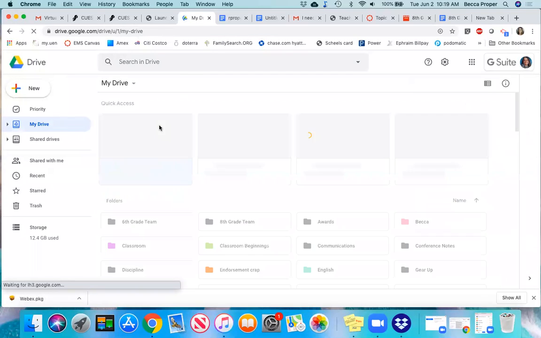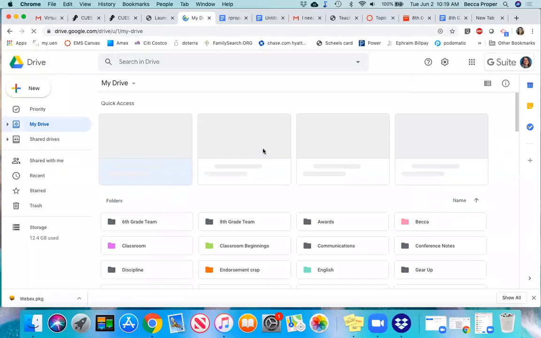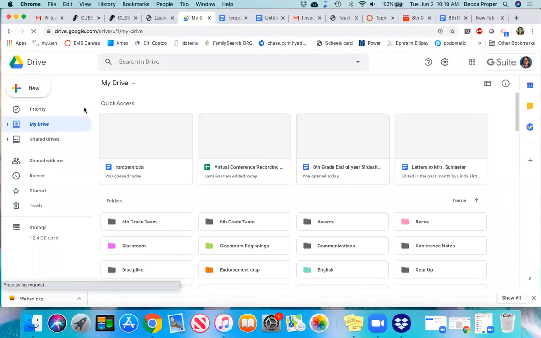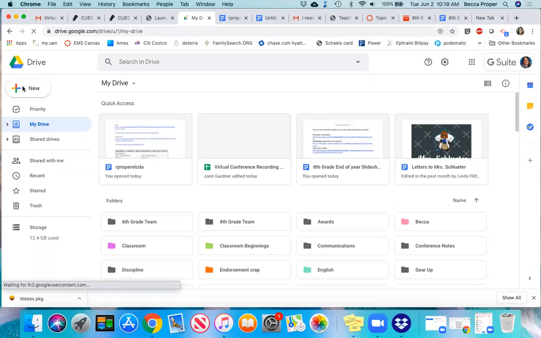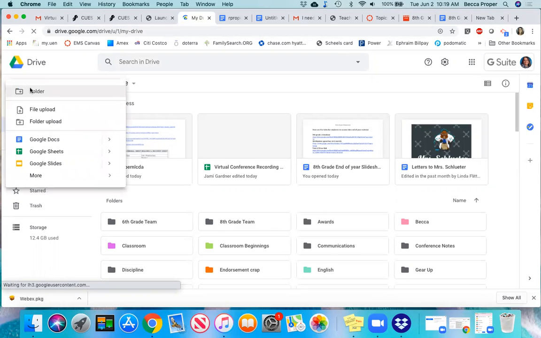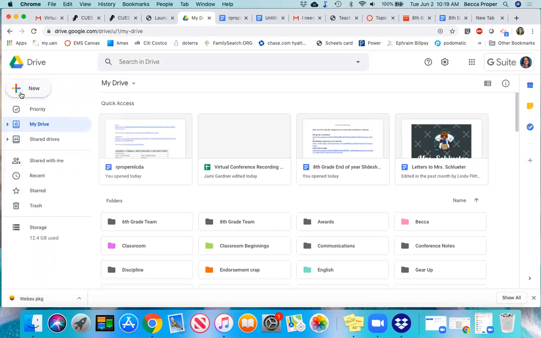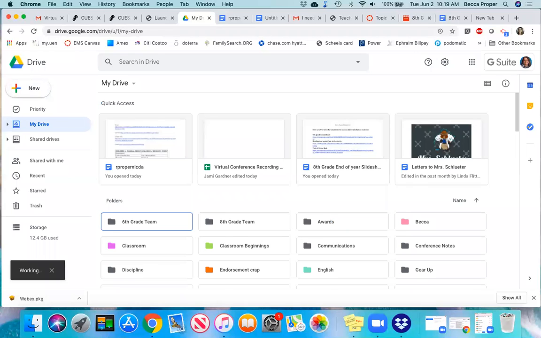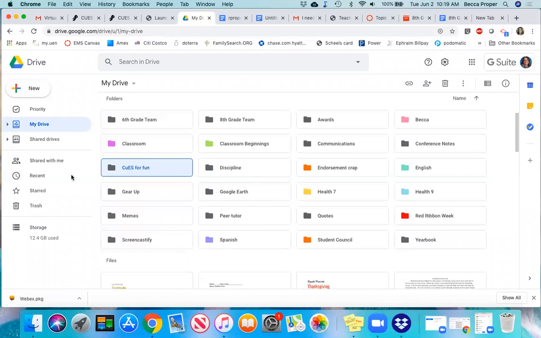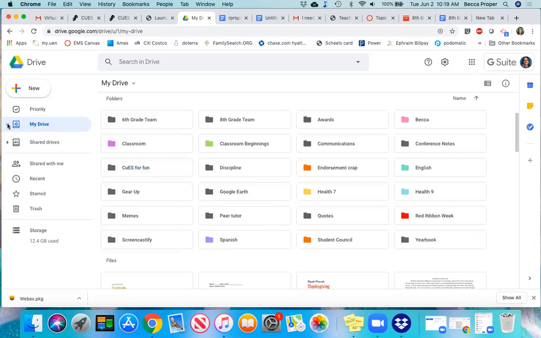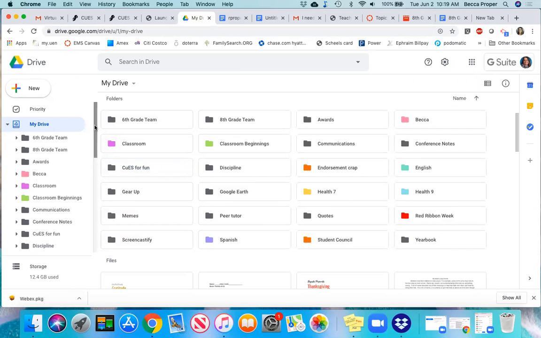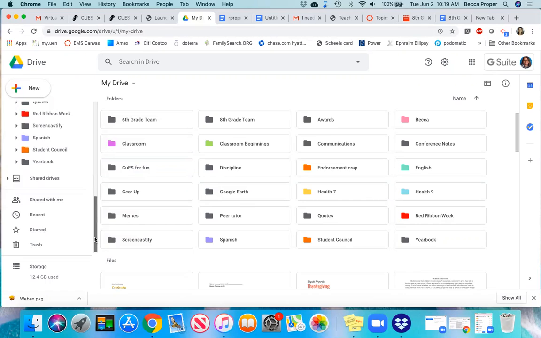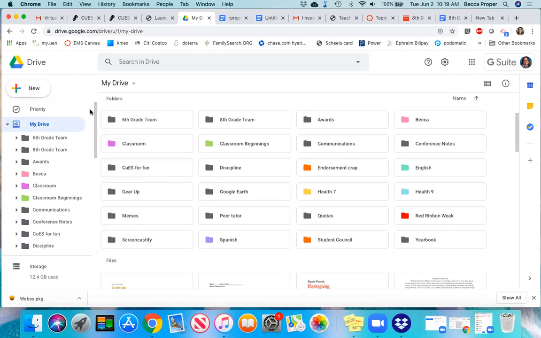The first thing I'm going to teach you, just really simple for people who don't know how to do it, is to make a new folder. You click on new and you click on folder. I'm going to call this one Cues for Fun. Boom. I'm going to create it. It's going to come down here, but it's also going to go over to my drive. My drive has tons of folders. Basically, it's the new desktop for your entire